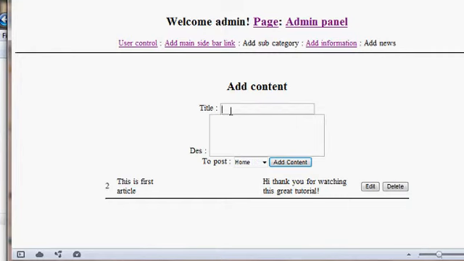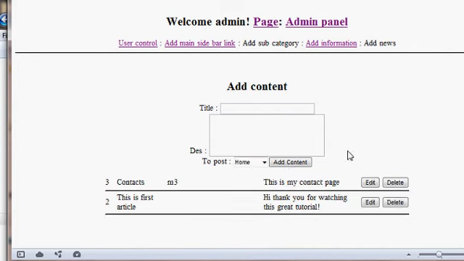Just refresh it, and contacts, this is my contact page, and under the contacts, you can see post ID is M3. So let's see what time we have. Okay, it's about 10. Thank you for